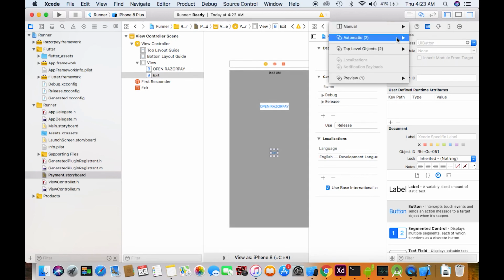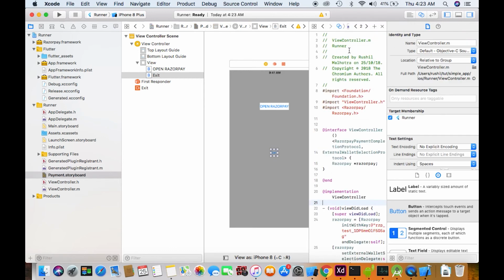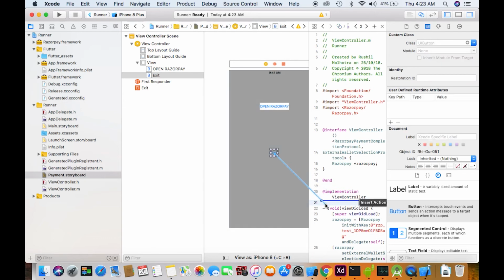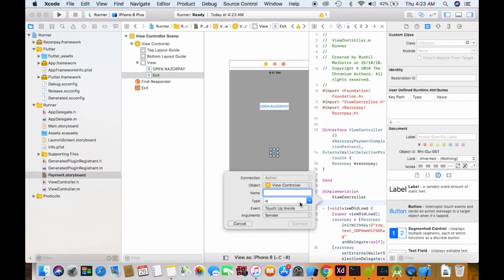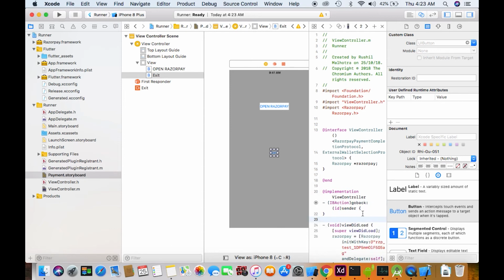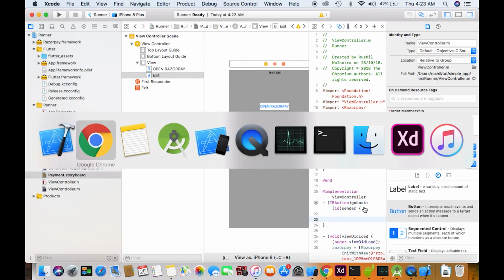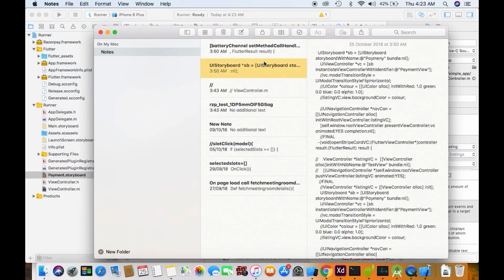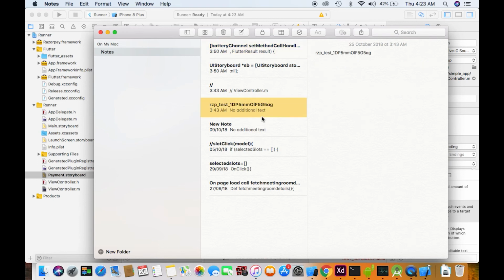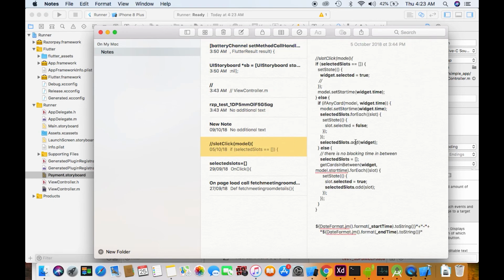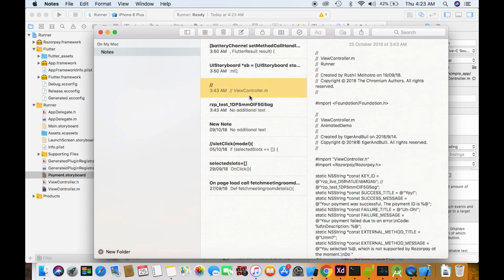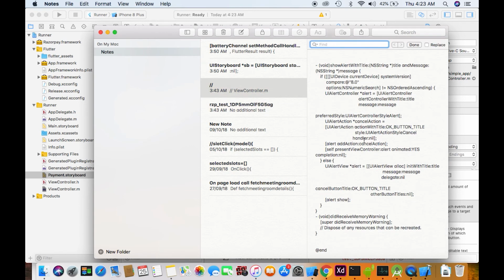So in this, what we'll do is put in a symbol. So this is the line.